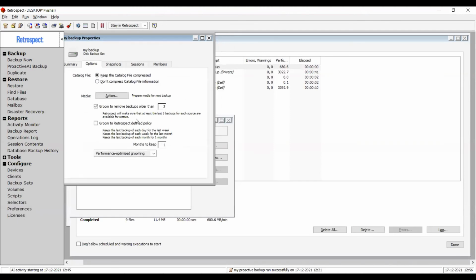You can just use this policy based grooming, and then you can increase the number of months beyond 12 to match your requirement. So like for 2 years, I can make it 22, 24, or likewise. So whatever you can fit into 2 digits, I think you can save it for that amount of time.